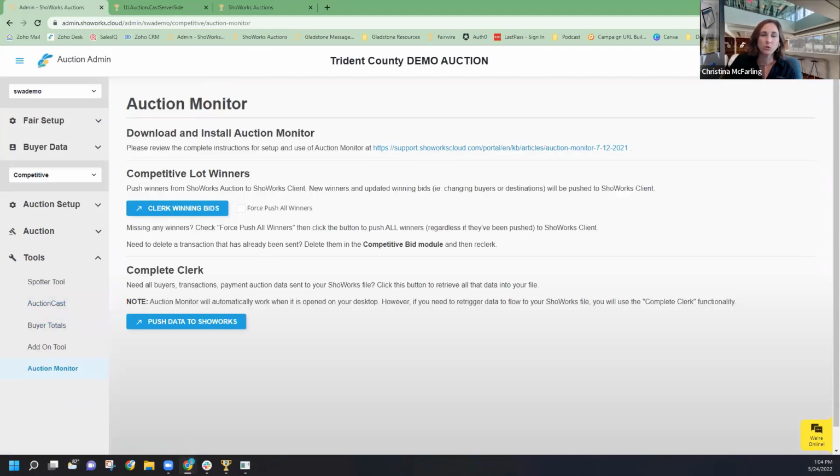I'm going to show you a little bit of some slides just to move quickly through it to show you what it looks like. And then I'm going to go ahead and clerk winning bids, which is, we just did lot 9. If y'all remember in Spotter Tool, I'm going to show y'all how it appears in ShoWorks. So jumping over,